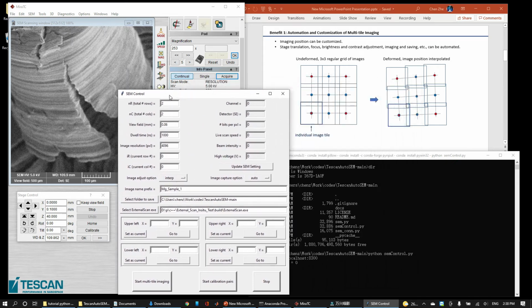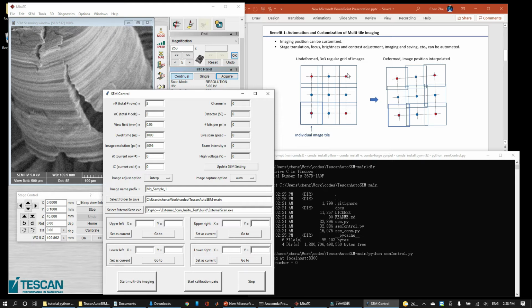Basically it means you set up the focus very well for these four corner positions, and then for the rest of the image positions, the focus position is bilinearly interpolated. And manual basically means you directly go to your user interface, adjust the focus, brightness, contrast as usual, and hit continue in a pop-up window.